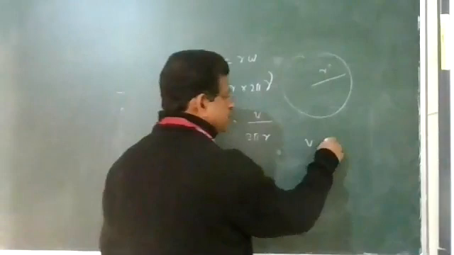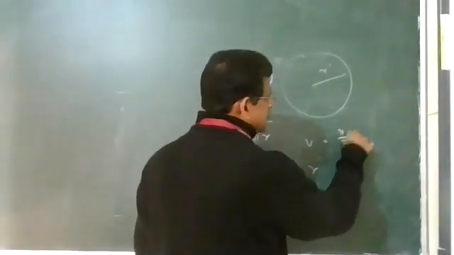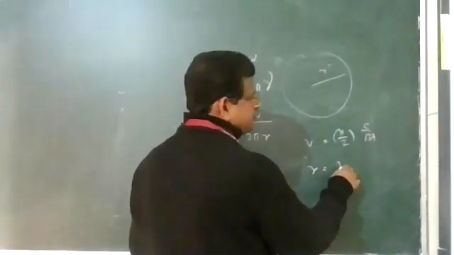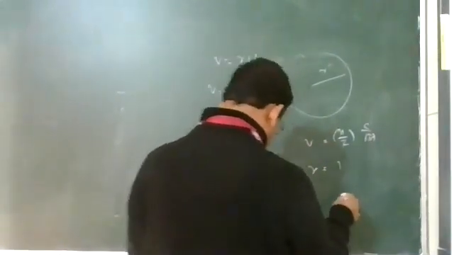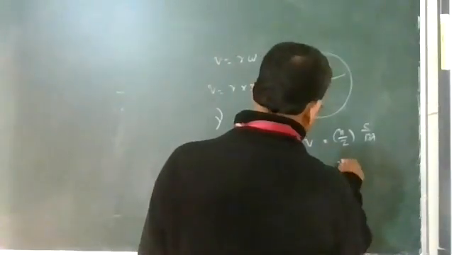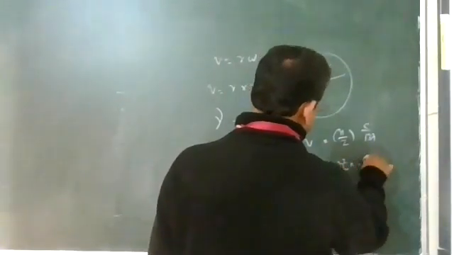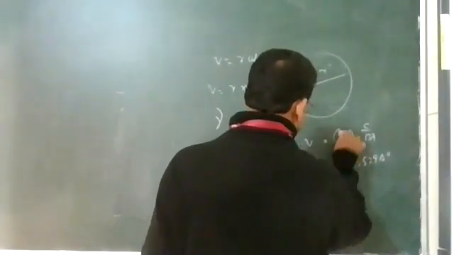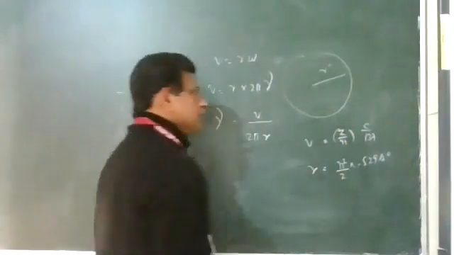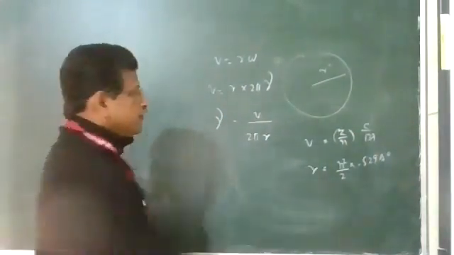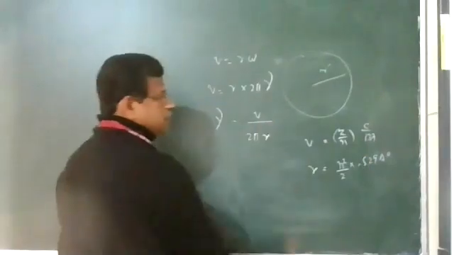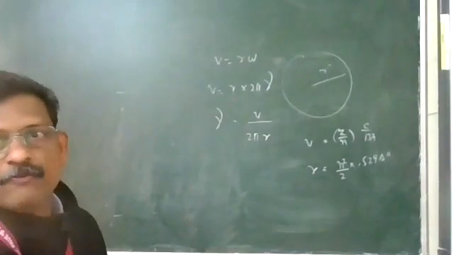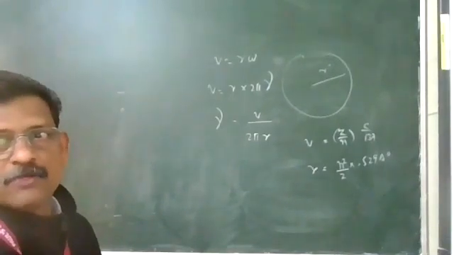The V equation, as we just said, is Z by n into c by 137, and the r equation is n square by Z into 0.529. So for the first orbit, you can substitute that. Suppose you want to find out the frequency of revolution of electron in the first orbit.